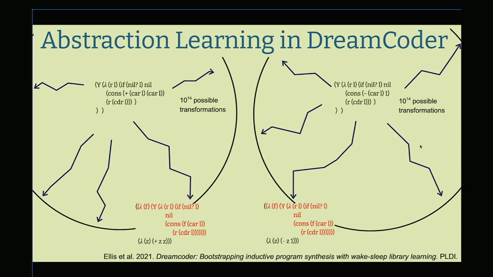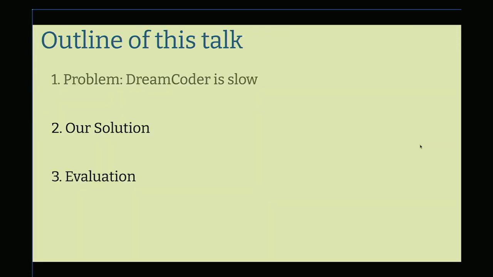So it ends up taking, on some of the harder benchmarks, up to 9 hours to do a single step of abstraction learning, using 0.5 terabytes of RAM. So the problem is that DreamCoder is slow and memory intensive. And for the rest of this talk, we're going to look at our approach, and then we'll take a look